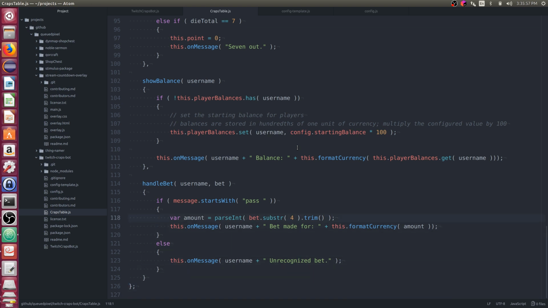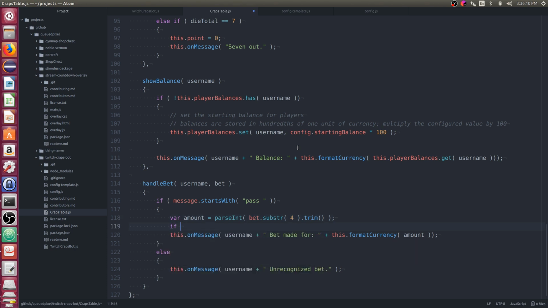Yeah, so we get the amount. We're going to have some issues here, like the amount should be, if amount is less than 1.